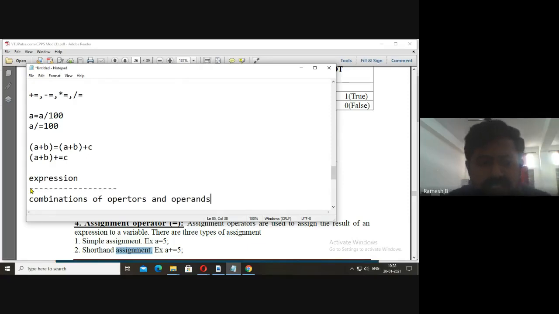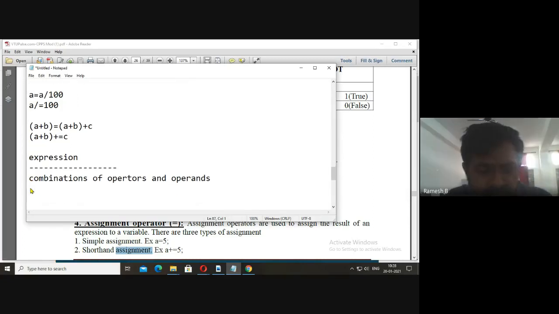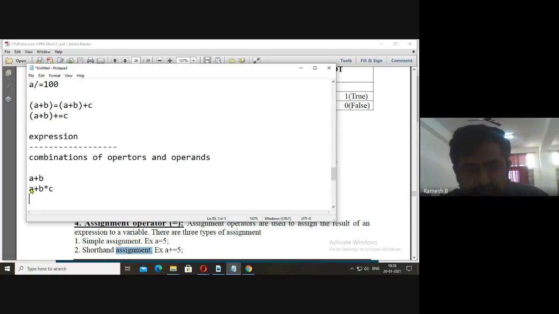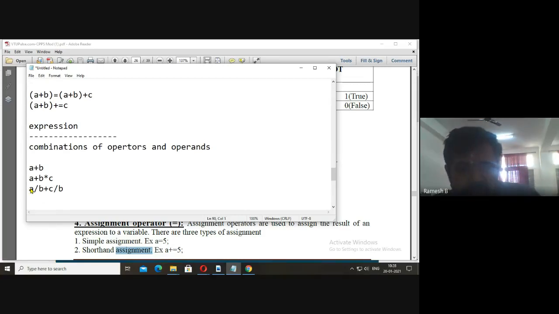Let me give you examples. A plus b, a simple expression. A plus b into c is an expression. Similarly, a bigger example, a divided by b plus c divided by b, is an expression. We can add n number of operators and operands, and that is known as an expression.